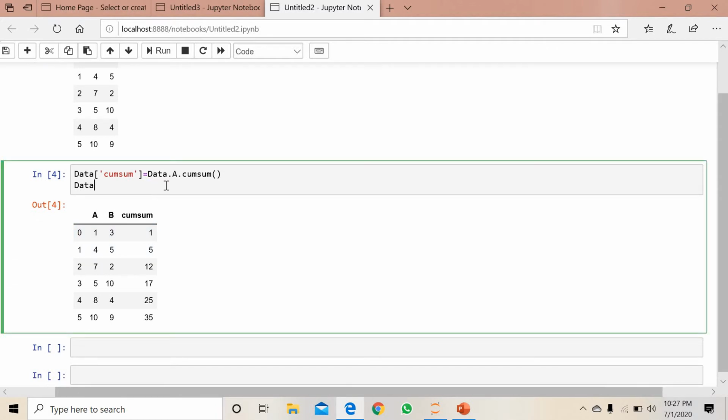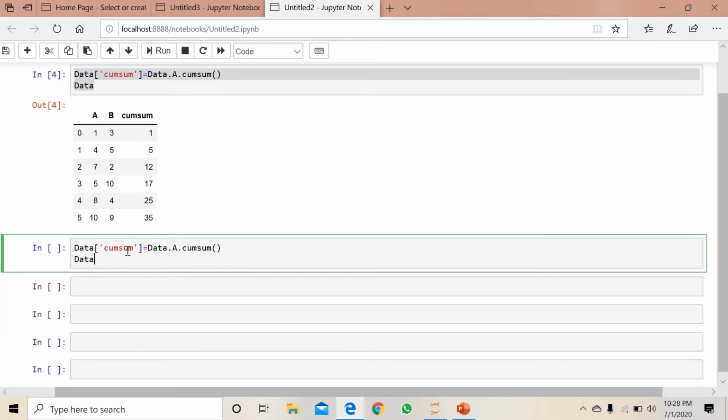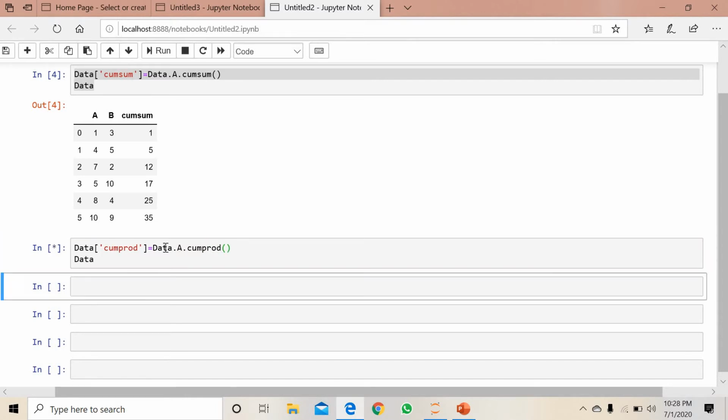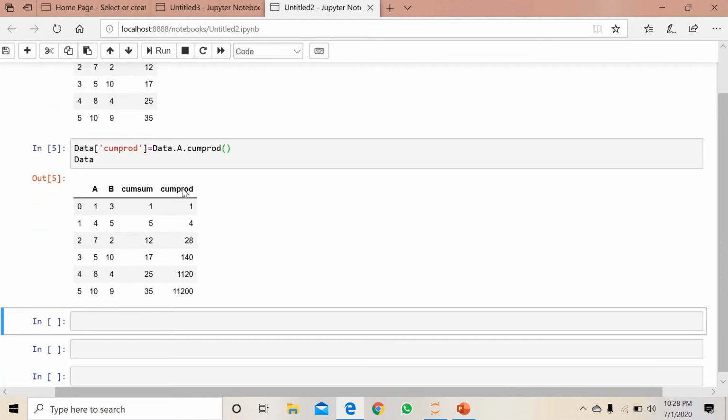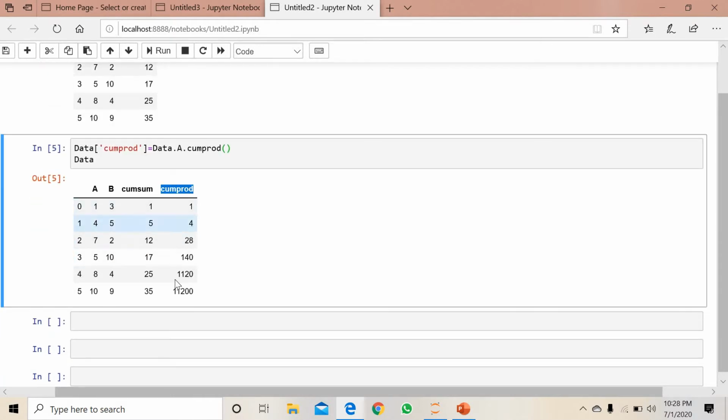We have already looked at the sum in descriptive statistics, in a deeper way in the previous tutorials. So guys, if you have not seen that video, please go and check it so that you can understand what is going on in this tutorial. We also have the cumulative product. Simply change the column name to cumulative product, and here as well put the cumulative product. If you execute it, one cumulative product column is added. What happens in the backend we already looked at in descriptive statistics.